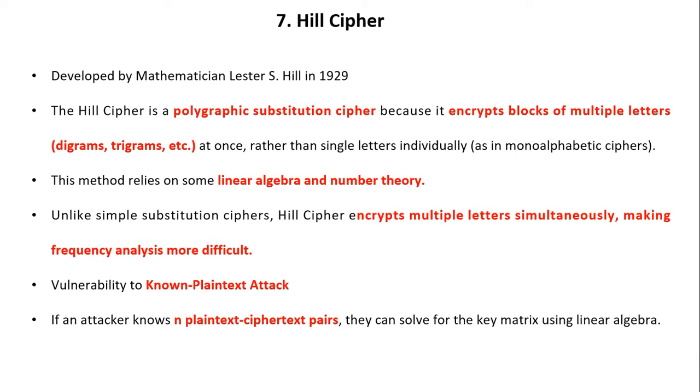Hill Cipher was developed by mathematician Lester Hill. It is a polygraphic substitution cipher because it encrypts blocks of multiple letters at once rather than a single letter. This method relies on linear algebra and number theory. It encrypts multiple letters simultaneously, making frequency analysis more difficult. It is vulnerable to a known plaintext attack. That is, if an attacker knows a plaintext and ciphertext pair, then they can solve for the key matrix using